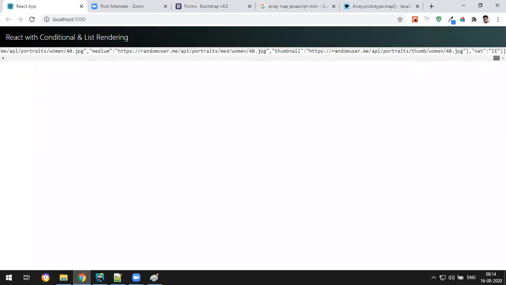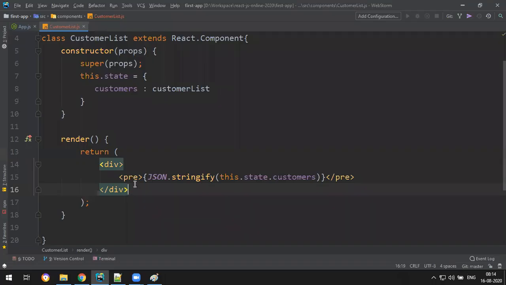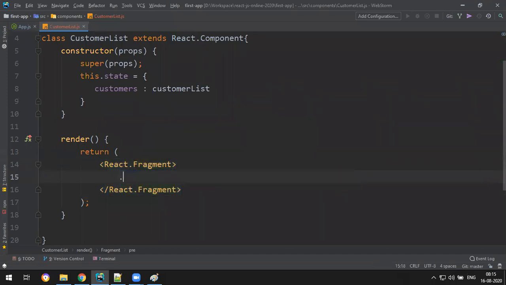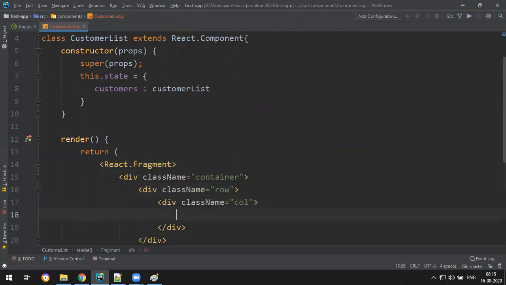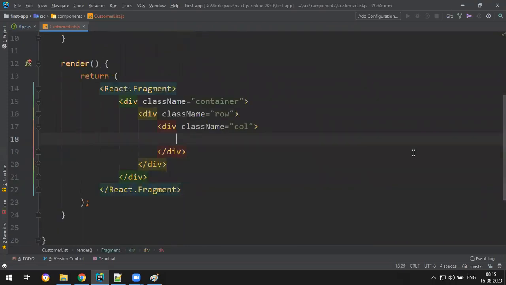Okay. So yeah, I got it. So array has been read, right? And this data I want to display in a nice table format. How? What we do, first of all this is React dot Fragment. Fine, and here nice data. So container, one row, single column. I want to display a nice heading also. So p dot h3, customers information,